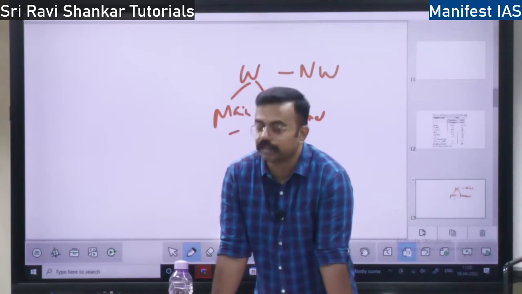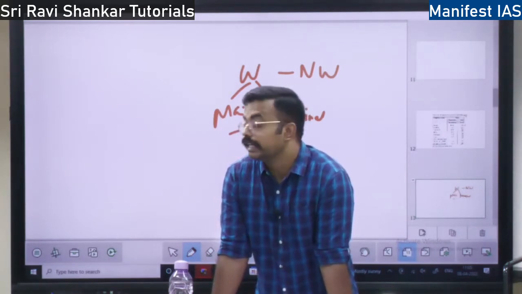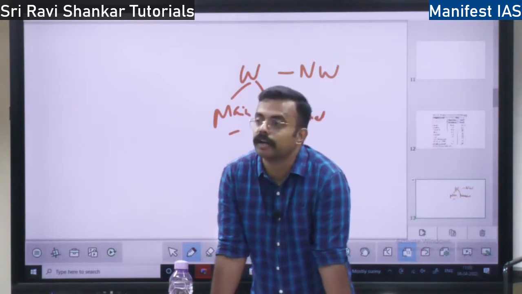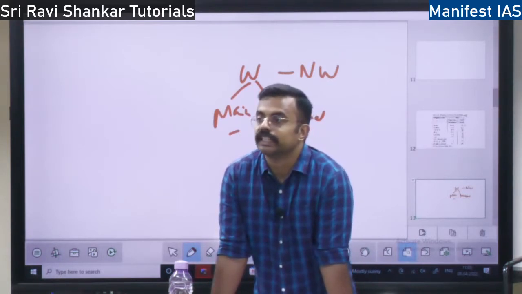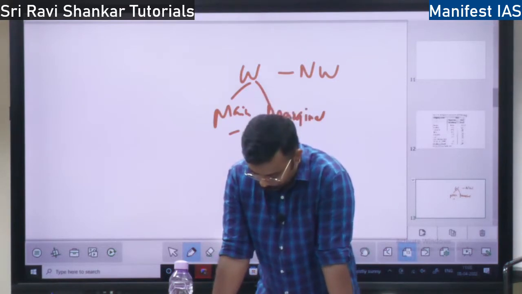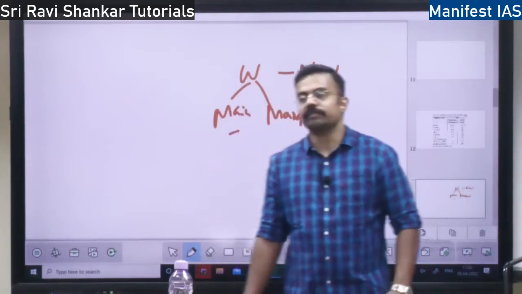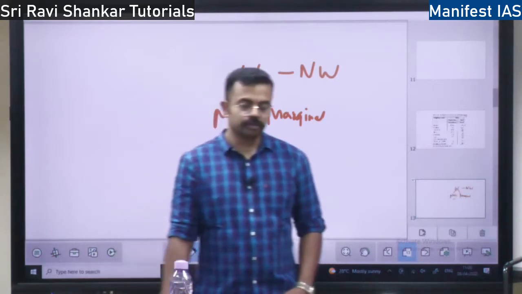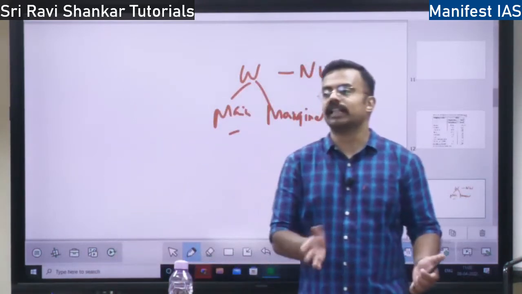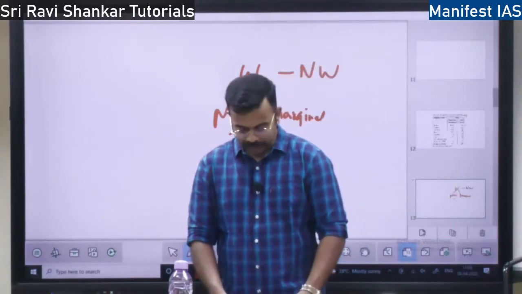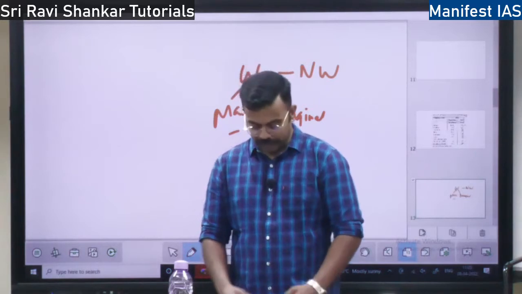Primary workers, I told you 55%. The secondary sector, manufacturing, construction, all those areas, has 4% of the working population. And the tertiary sector, that is your service sector, how many percent? 42% of the working population, right? So now we are finding a shift from farm sector employment to non-farm employment. People are moving from agriculture to service sector and industry, and also moving towards cities, that is urban areas, right?